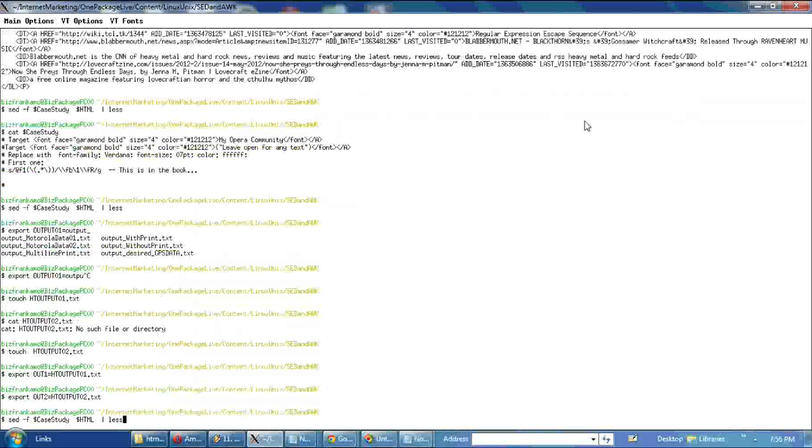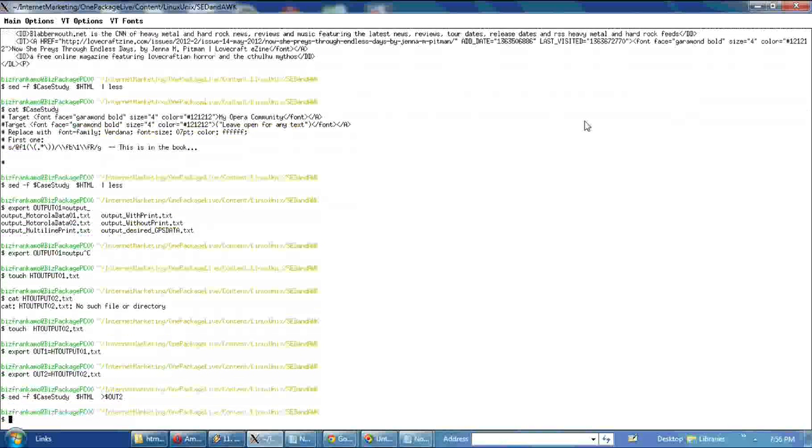This is easier to find just reading the file directly. If you notice output 2, the font tag is gone and it's replaced with a CSS thing. But that would not work in our HTML, because if we touched cat out 2 sample.html, we did that,